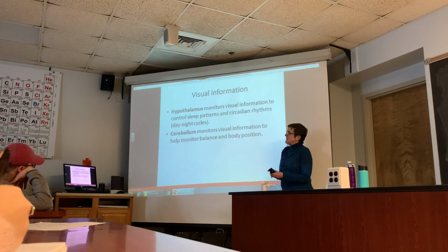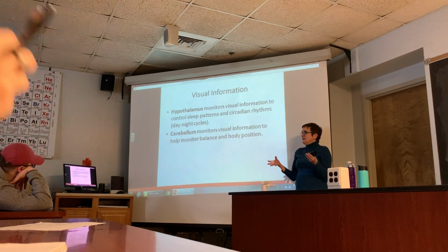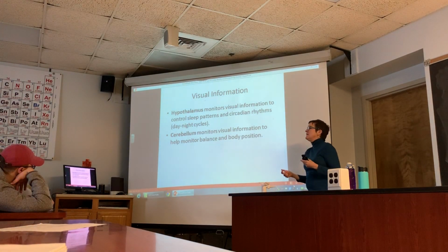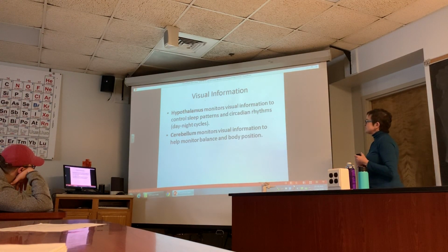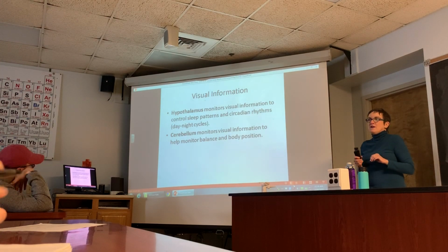So that chiasm again helps with creating an image in your brain of depth, because you're putting two images together inside your brain there. Okay, now there are other parts of the brain, not just the primary visual area, but other parts of the brain also receive